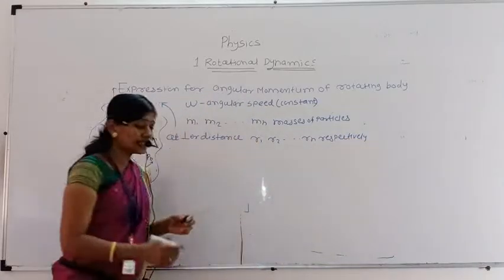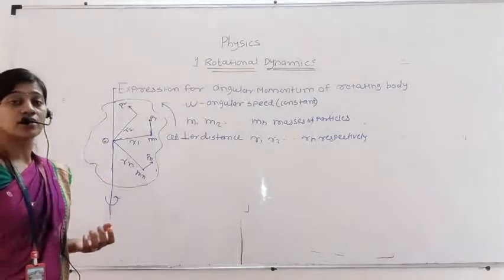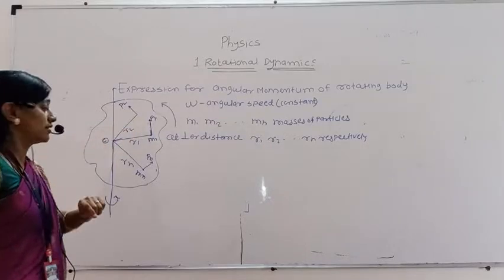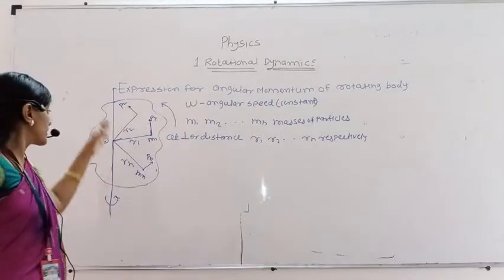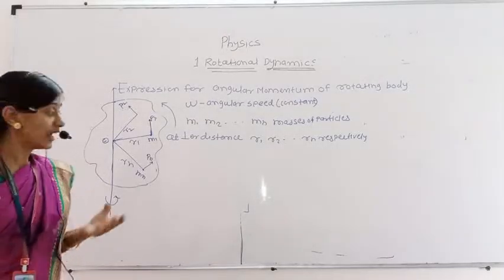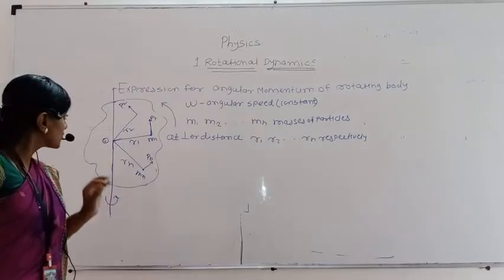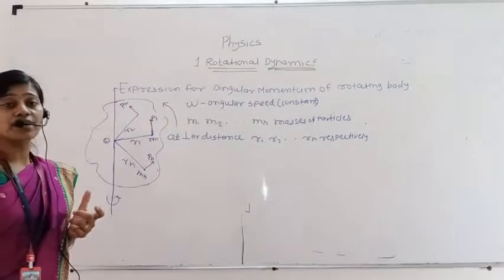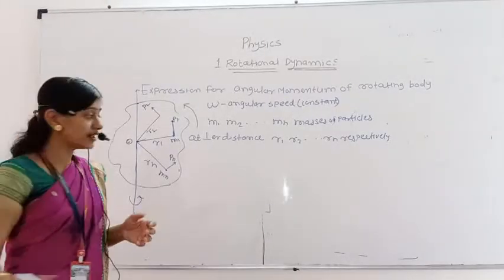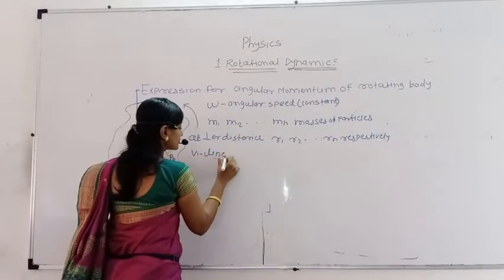We know when any body performs rotational motion, the particles of the body are also revolving in a circle. The centers of such circles are present on the axis of rotation. That axis of rotation is a vertical line, perpendicular to the plane, and it is fixed. That means when a body is rotating, the particles of that body have different linear speeds. Let me write first, v1 is the linear velocity